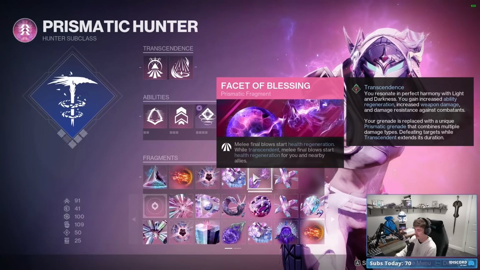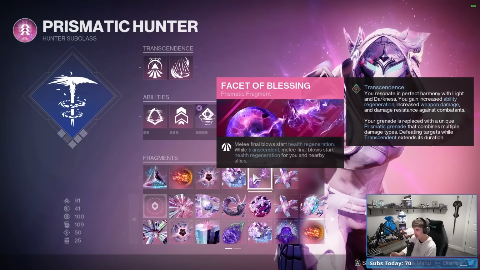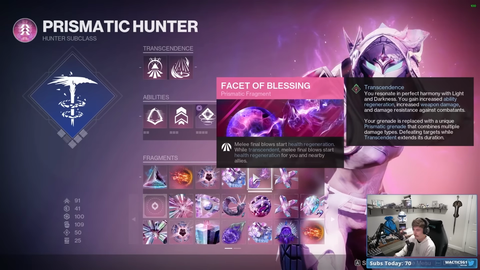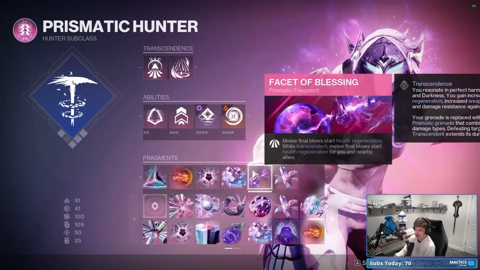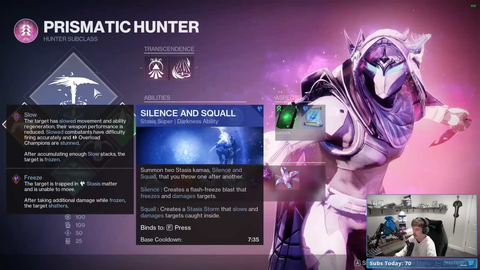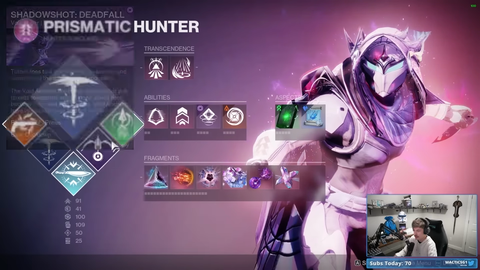Because generally speaking, if you're ending up meleeing someone, it's because you've both tagged each other and you're finishing a fight up. So proccing health regen off getting that kill is huge. Yeah, so you're always gonna have some HP that's gonna need regenning if you're punching someone. Yeah. Usually. In terms of super, I've kind of opted to go Silence and Squall